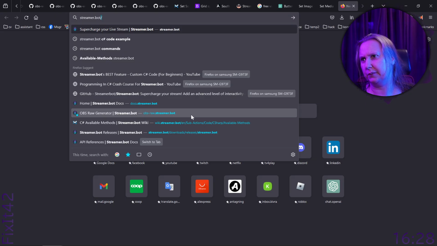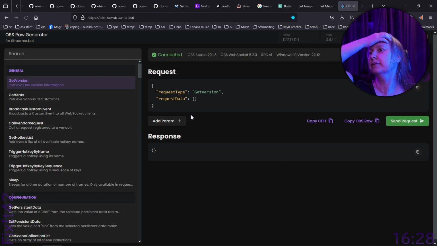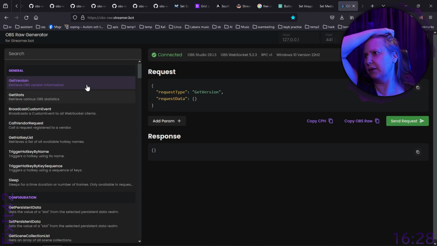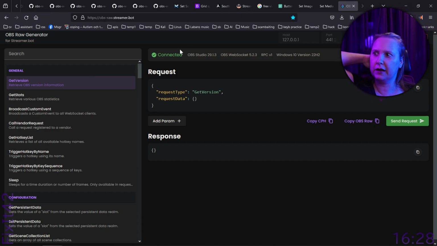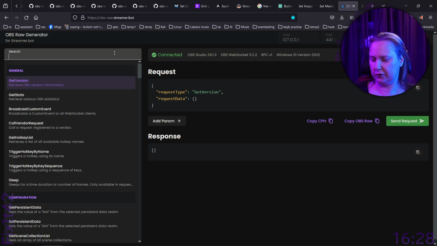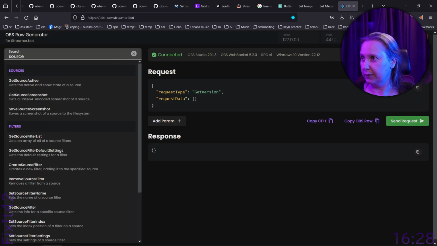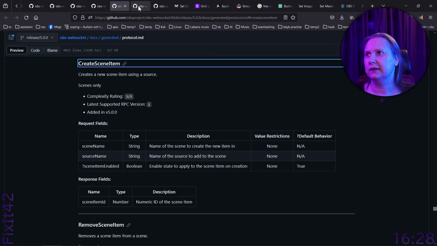Raw generator. So if these are here, so if we search for source, I was searching for something that didn't exist here then. And what we need is,